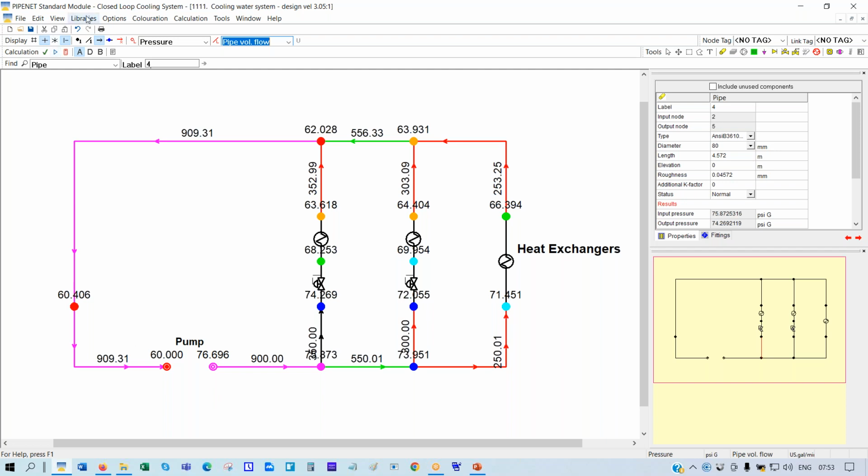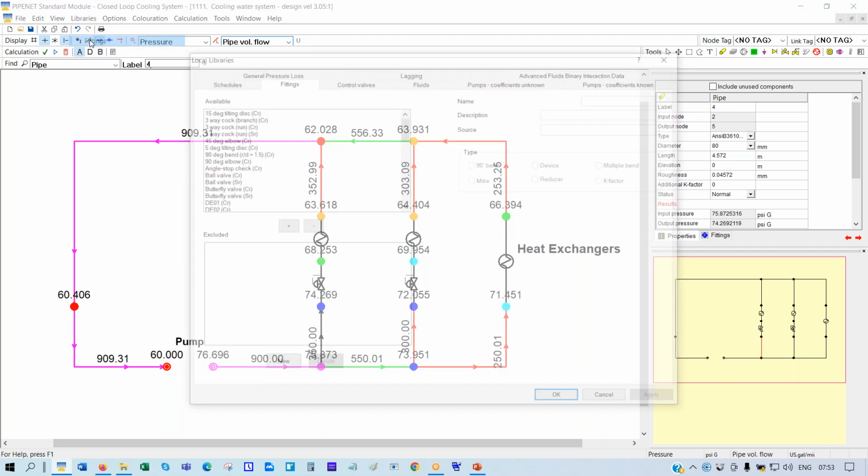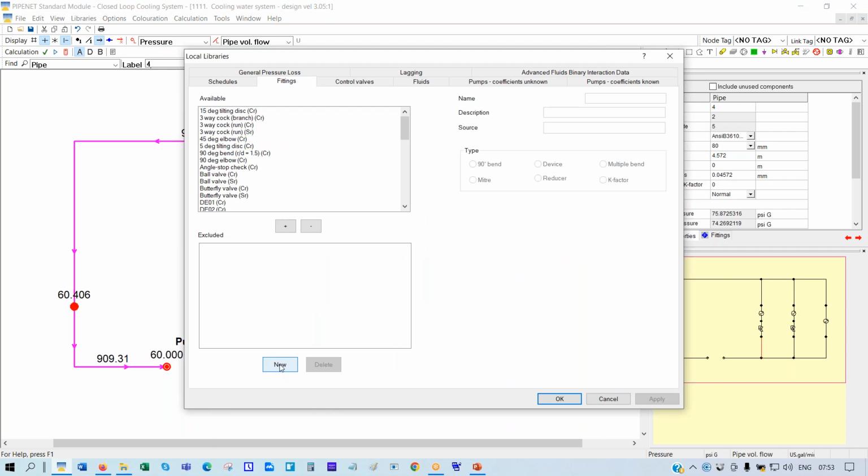How do I input that? I go to the library, coefficients unknown. I'll explain some of the other things here. You can have fittings. See, you can have a user-defined fitting. If I click on that, then this becomes active. So if you have a rate bend, a 90-degree bend with an R/D ratio other than 1.5, you see the